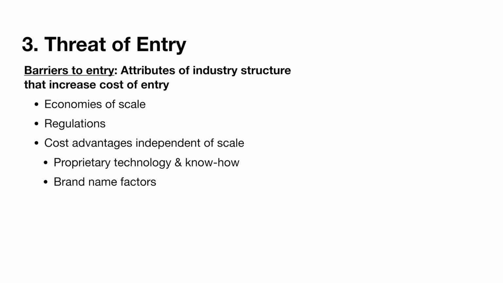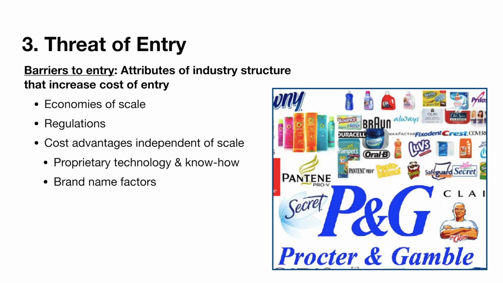Procter & Gamble is one of the undisputed masters of increasing barriers to entry in the consumer segments in which they operate. They use strong brand names developed through heavy advertising. They also produce products that require high economies of scale to manufacture. This leaves them with high profit margins on well-known consumer brands such as Old Spice, Crest, Bounce, Duracell, Pantene, Secret, and honestly, dozens of others.